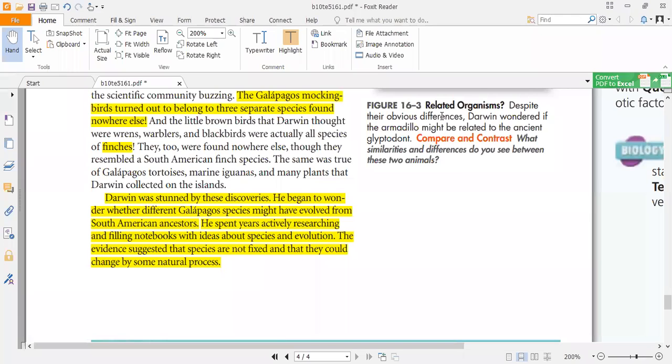Why are they finches? Actually, they have many similarities, but they also have many differences, so they cannot be considered one species. Why? I'll tell you later that to consider two organisms